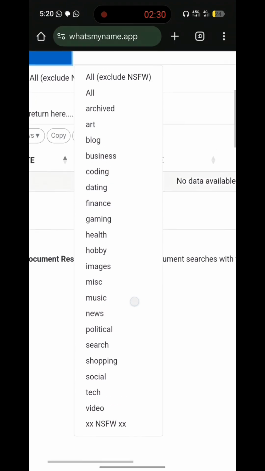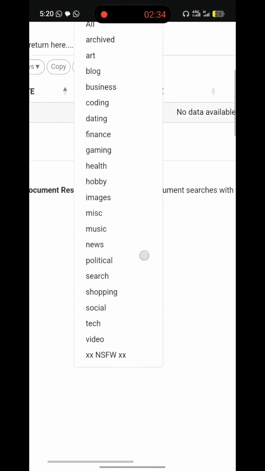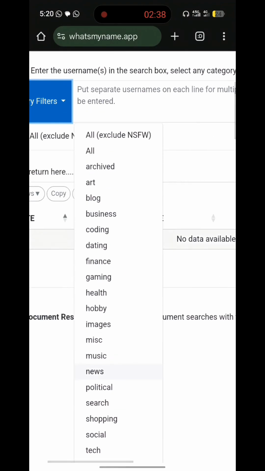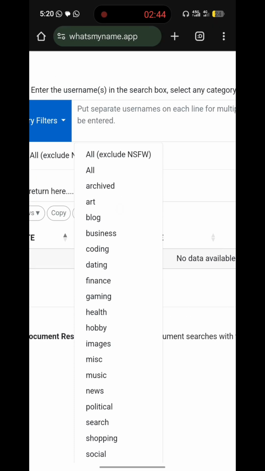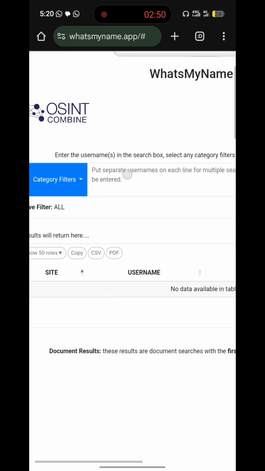It has music. If the person is a musician or into games, or whatever information you have about the person, clicking that category narrows it down to your particular search. But I'm just going to leave it at all and then zoom back in.